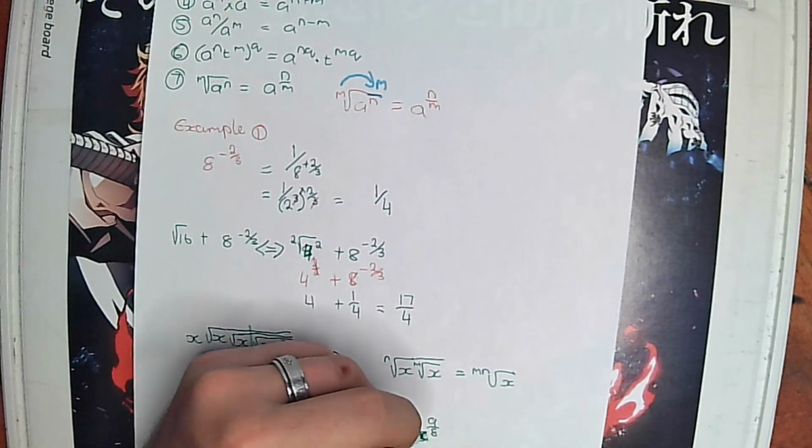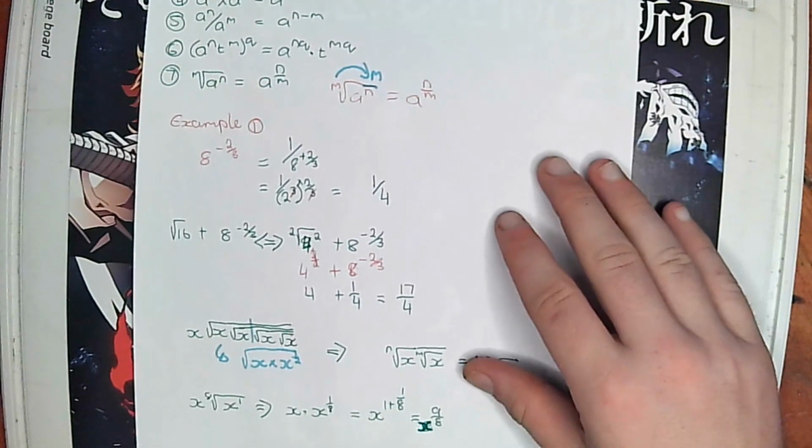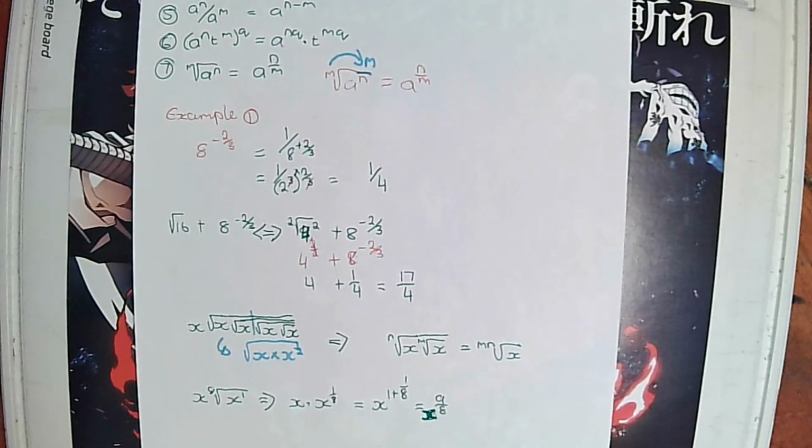And that is really a very, very efficient way of doing it. Very simple. And I really urge you guys to remember this law in particular, because it might be very useful,